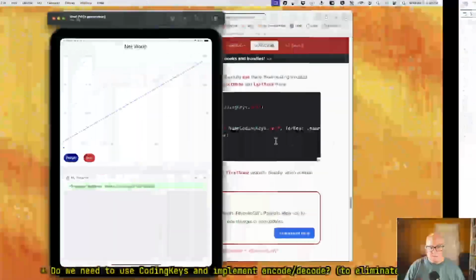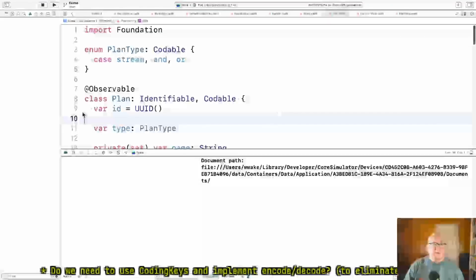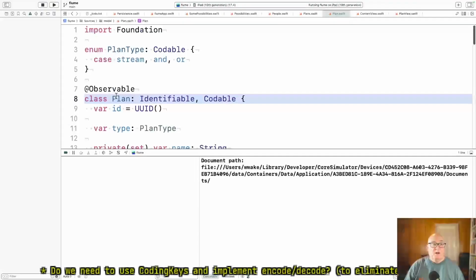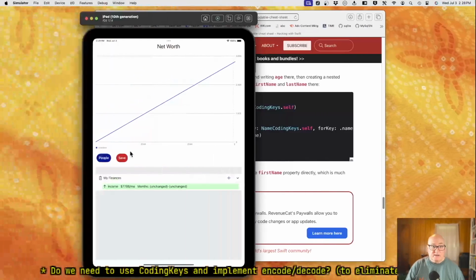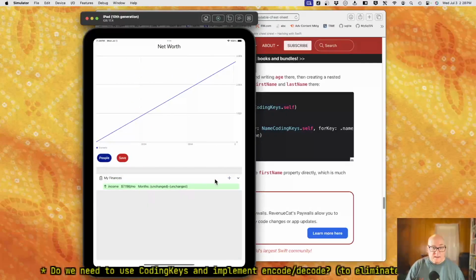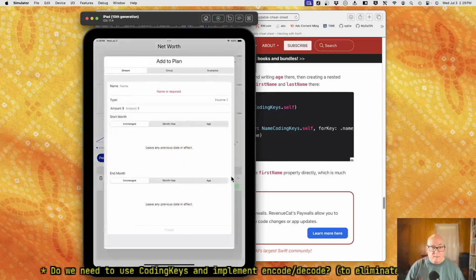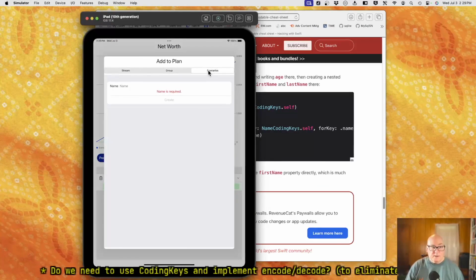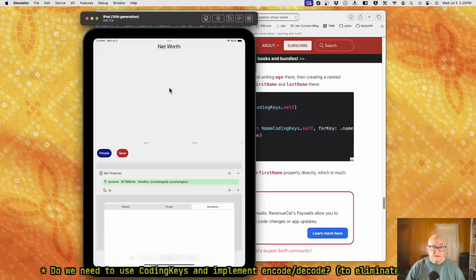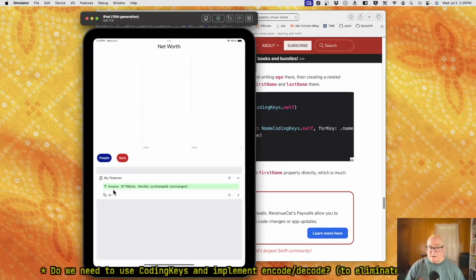All right. Well, but we put the observable back. Okay. Well, so the other thing we did was we tried to remove observable from plan because plans has it, so it knows its children have it. And when we did, in creating a new entry like this, Social Security, before it didn't draw it until we opened, closed this, reopened it, and it refreshed. So apparently that is required for our refresh.